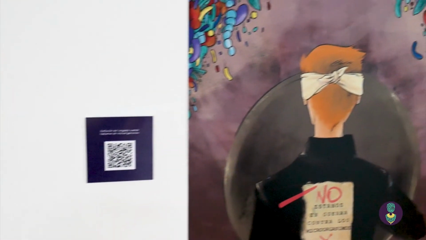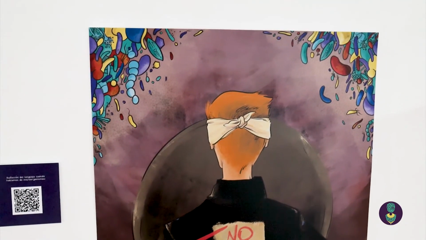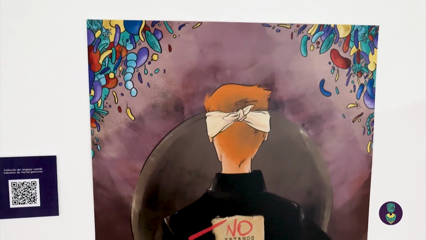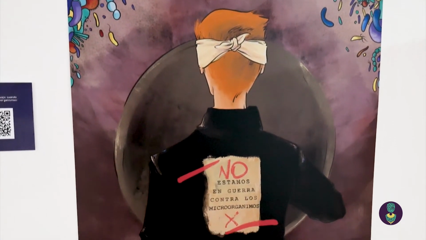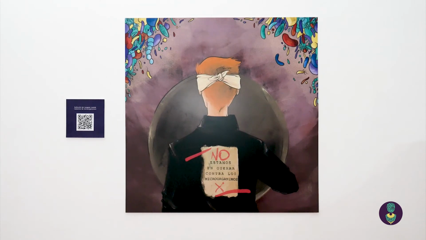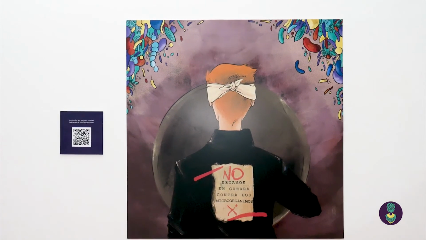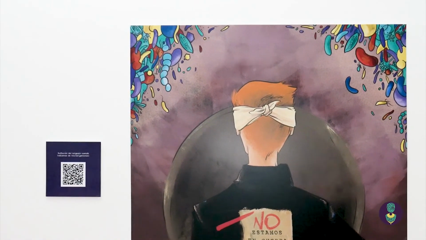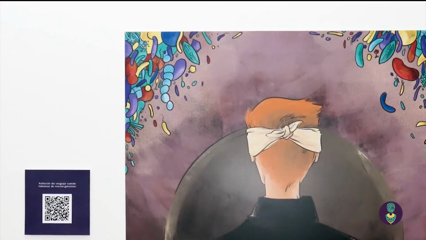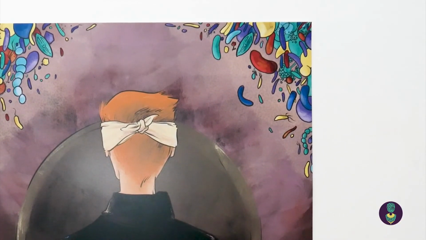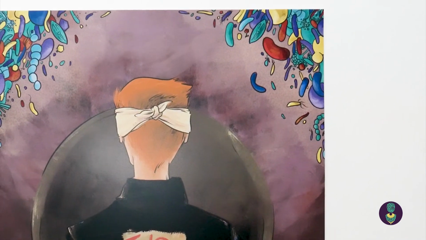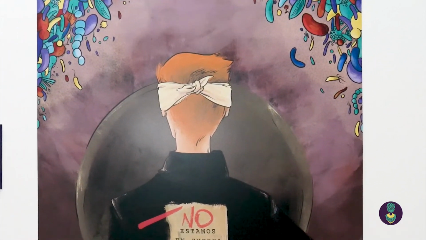Our relationship with microorganisms is very close. Thanks to them, we can breathe, even absorb our nutrients. We couldn't live without them. Since we are born as individuals and species, we are closely related to the microbial world. We are not at war against microorganisms. We have explored different ways of relating to microorganisms as a whole, an ecosystem.